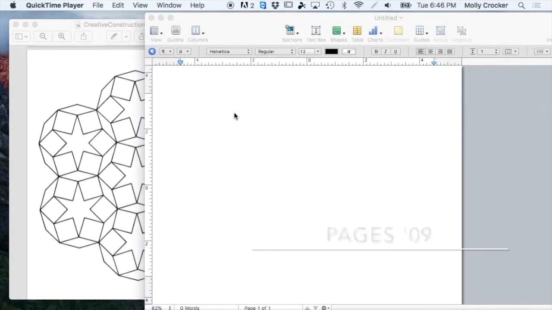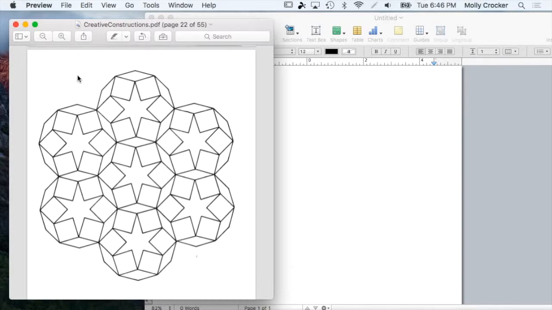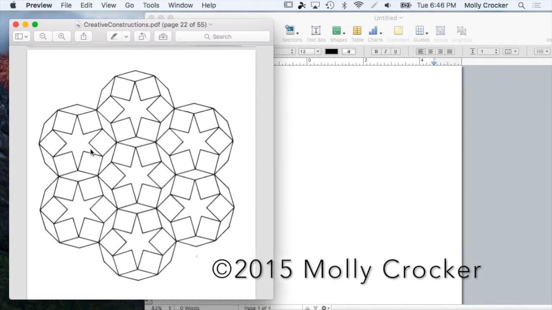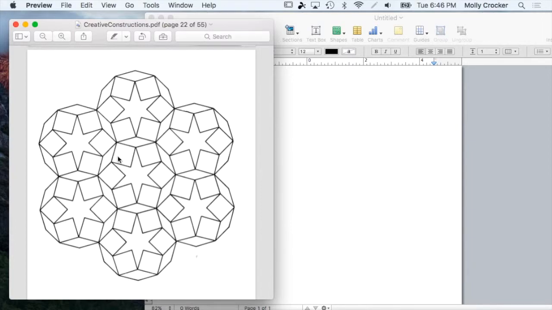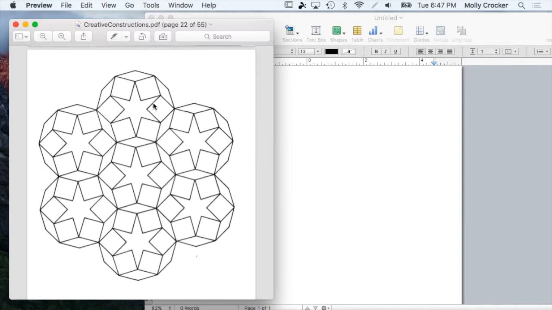Let's do page 26 in Creative Constructions with some basic drawing tools in a word processing document. This is the design that I want to reproduce, and I'm going to do it in good color with just some basic tools in a word processing document. Well, first of all, notice that most of this is squares, and as the squares are put together, they form stars and they form these other